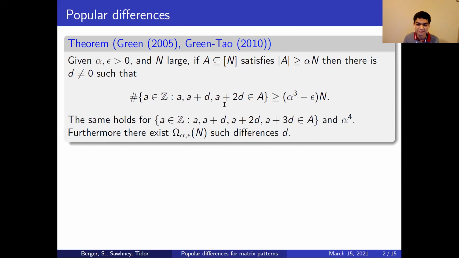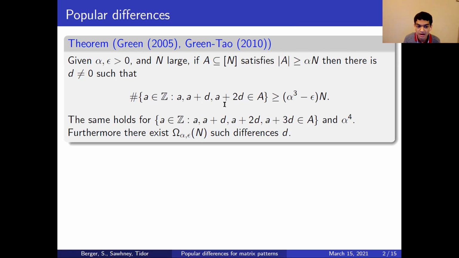And you might ask for more. You might wonder how many such progressions there are. It's pretty easy to see that for a random set, you should expect around, not quite alpha cubed n squared arithmetic progressions just because of overflow errors, but on the order of alpha cubed n squared arithmetic progressions. As it turns out, one cannot quite guarantee that for a general dense set, but one can guarantee the following,